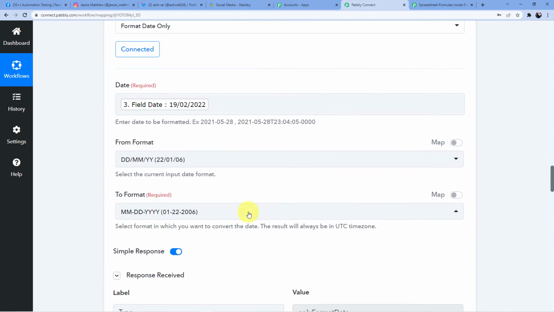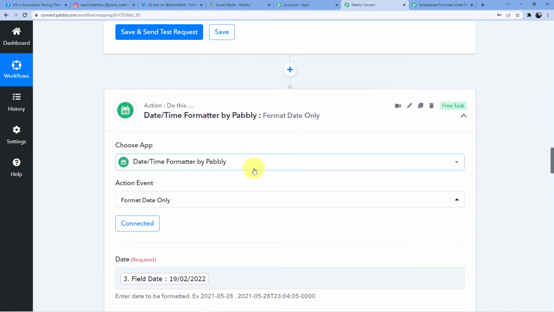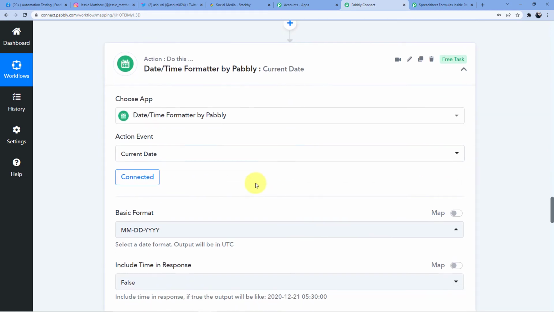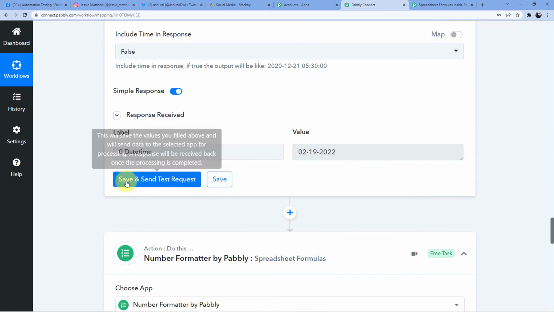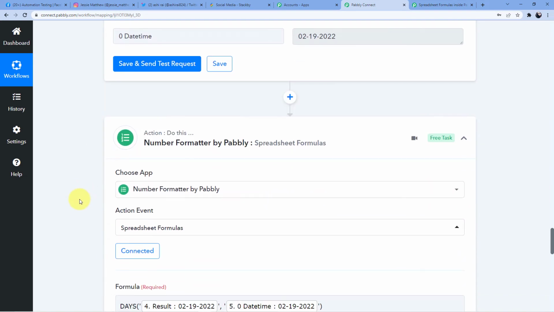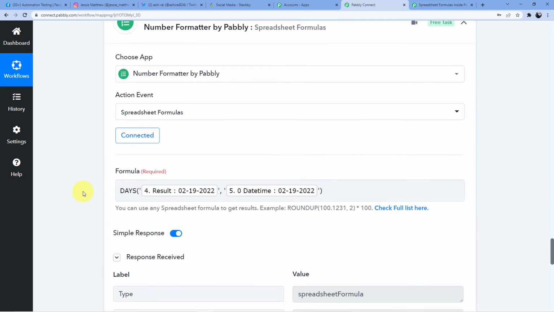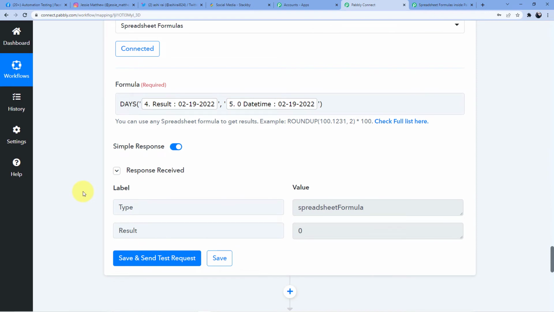This is our current date and this is our field date. So we want them to be at zero difference, so that only the required post will get live on our accounts at a particular